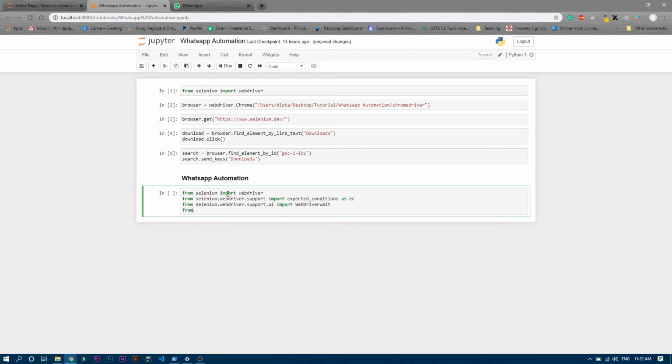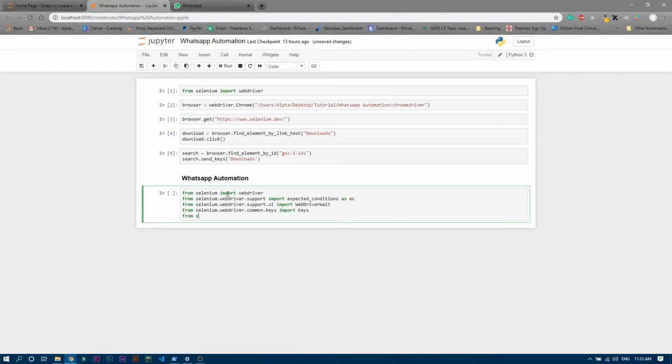So from selenium.webdriver.common.keys, from there we want to import Keys, so import Keys. Fine.